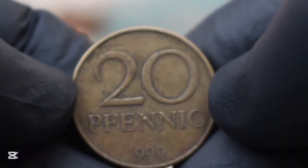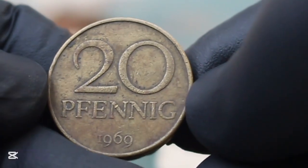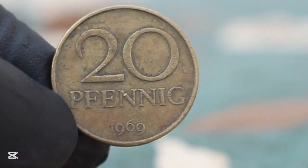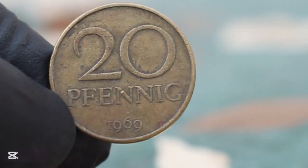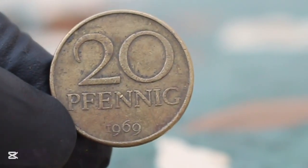Next up, the 20 Pfennig, 1969. Large date coin is a piece of history, a prime example of how something seemingly ordinary can become extraordinarily valuable under the right conditions. This particular coin, the 1969 version, stands out among collectors not just for its design and age, but also for the unique set of circumstances that led to it becoming one of the most sought-after pieces